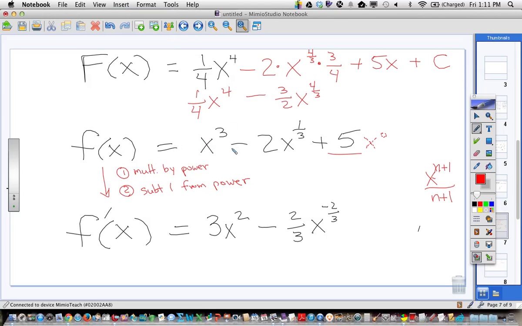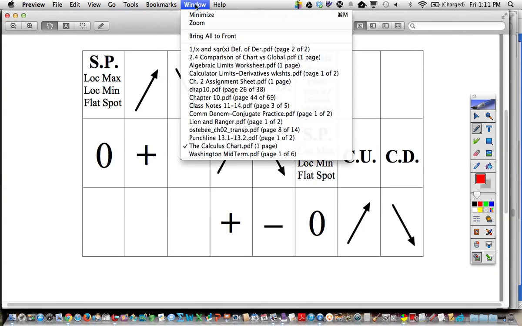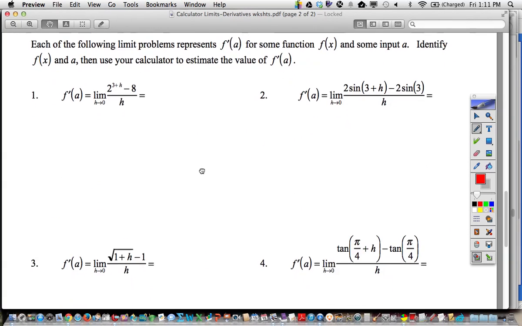Okay? Because as soon as you do the derivative to check, the constant goes away anyway, and so you don't have to worry about it. All right, that is it for new stuff. Let's just get out your worksheet, because the back side of the worksheet is going to be part of our homework today. And it's not really new because we did this